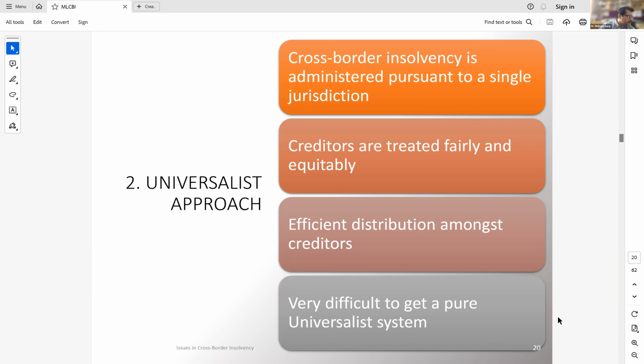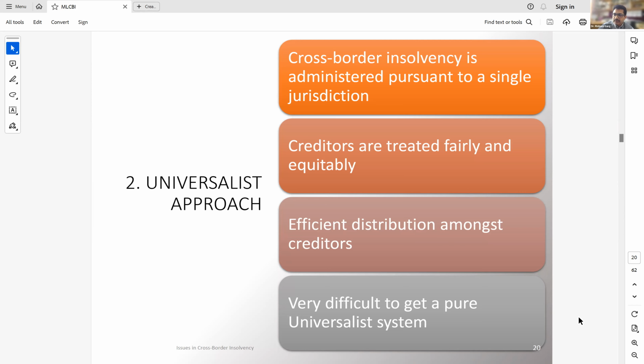Then there is a universalist approach, and the universalist approach provides that the cross-border insolvency is administered pursuant to a single jurisdiction. The creditors are treated fairly and equitably. There is efficient distribution amongst the creditors. However, it is very difficult to get a pure universalist system. That is, you are equating the domestic